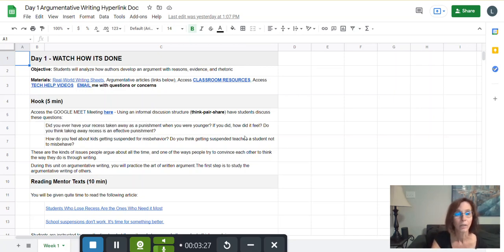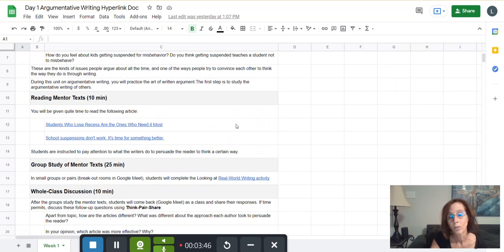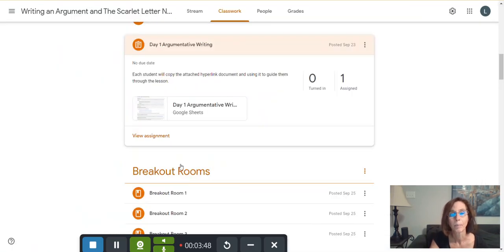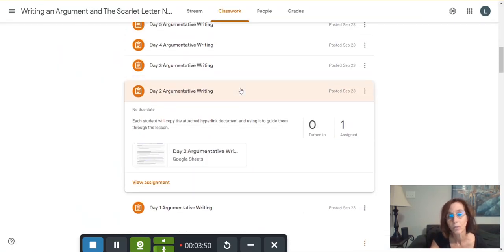But it's highly recommended that they participate because there's a philosophical chairs discussion done through Google Jamboard, where a poll is taken and kids can create avatars and place their avatars where they line up in the argument. So it's kind of neat. So you work through the Google Docs,